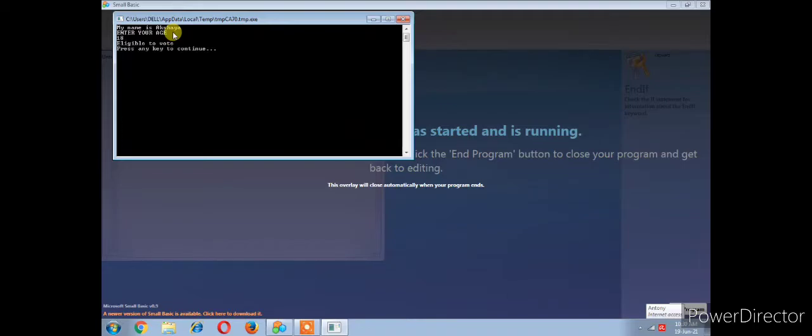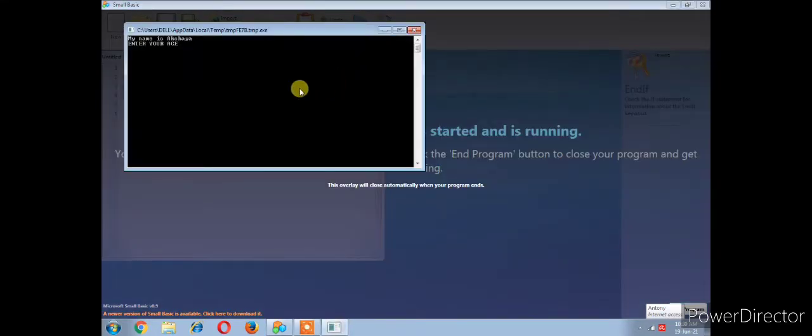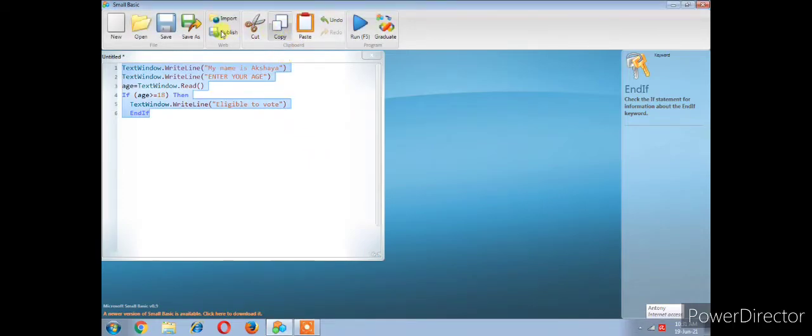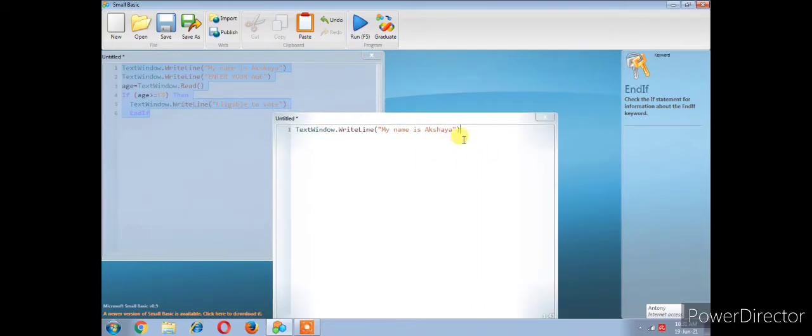The first one is: if condition, then statements to be executed, last end if. We can see one example: if condition, age greater than or equal to 18, then eligible to vote, end if. If the condition is true, the statements will be executed. If the age is greater than or equal to 18 it means you are eligible to vote.